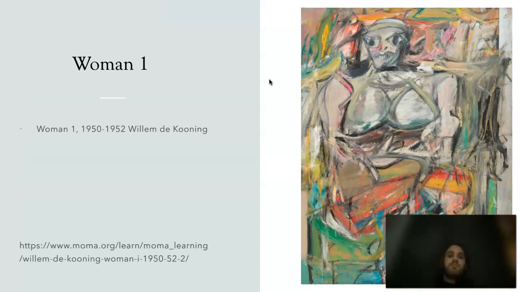Woman One is one of William de Kooning's most famous paintings, and you can see that he uses many colors and abstract lines and curves that just pretty much take you everywhere. In the top, you can see the eyes, nose, and face represented, and the breast and the chest that have half circles to show that it was a woman being painted, and her broad shoulders. There's reds, greens, pinks, yellows all throughout the painting, with black lines used to outline the figures that he wants us to see.